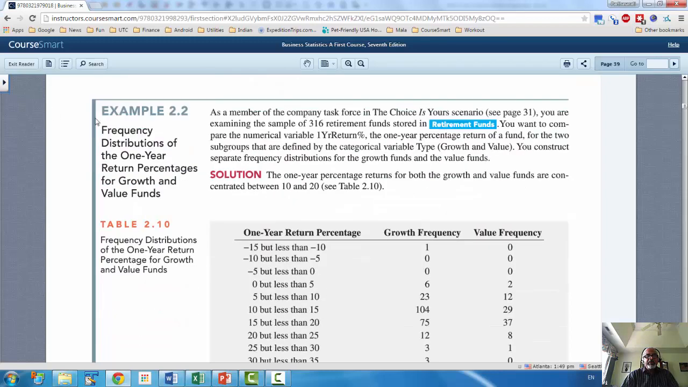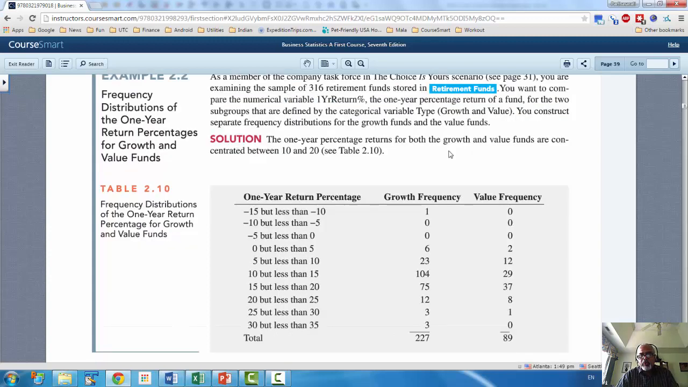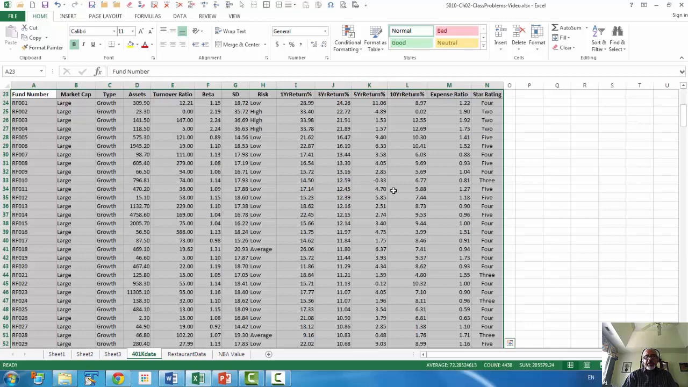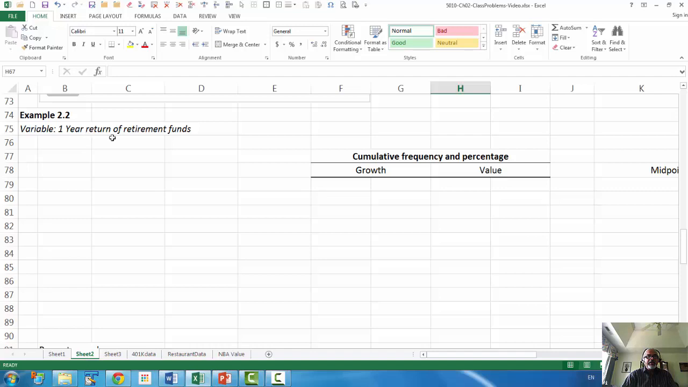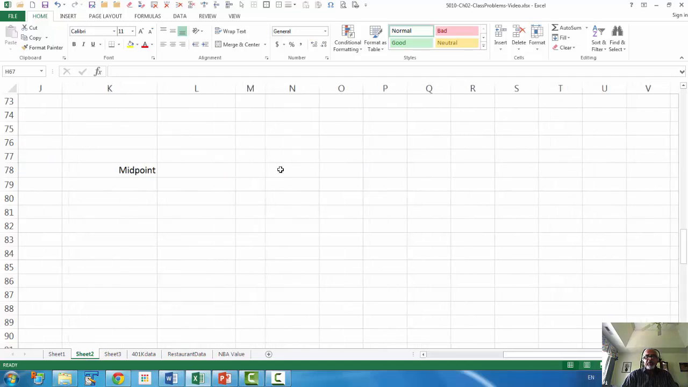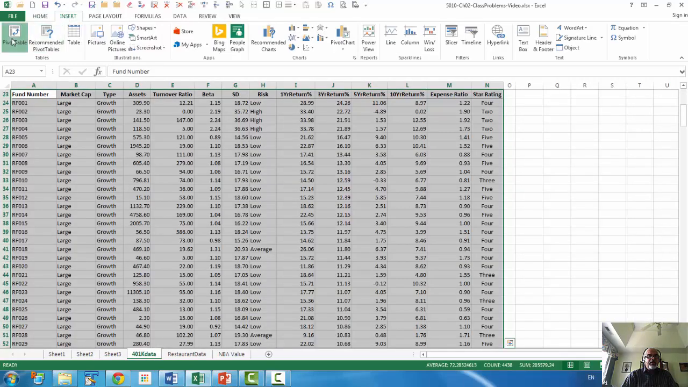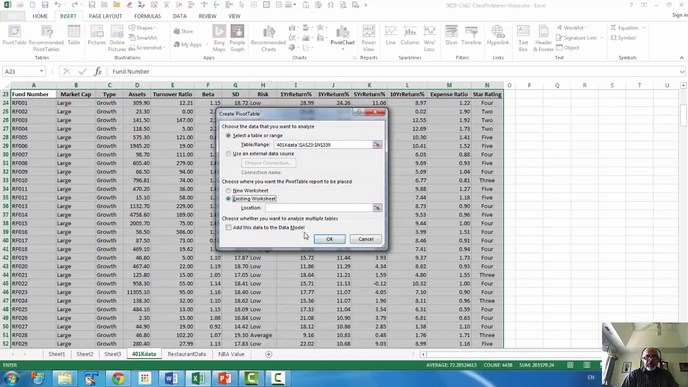Now let's look at example 2.2 from your textbook with the retirement funds data. So we're going to repeat what we just did in cost of a meal. Here we're going to use the data from the 401k tab, and we will use frequency distribution first using pivot table. Again, go to 401k, insert pivot table, existing worksheet,